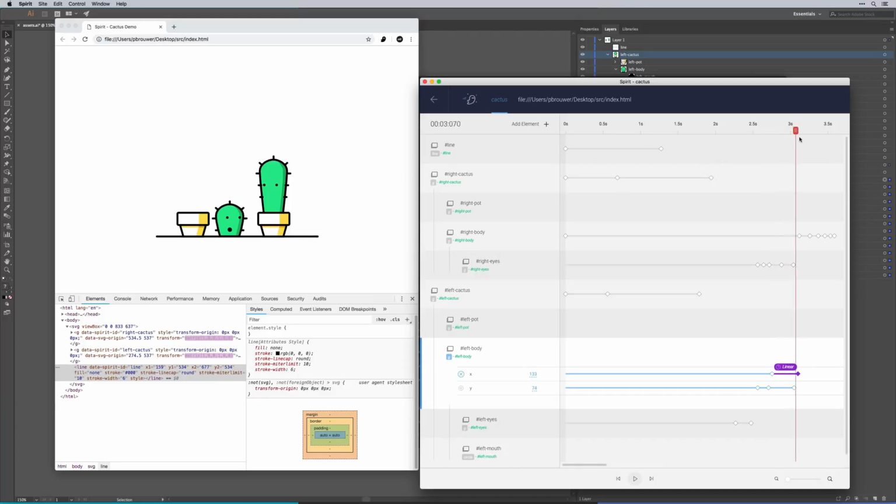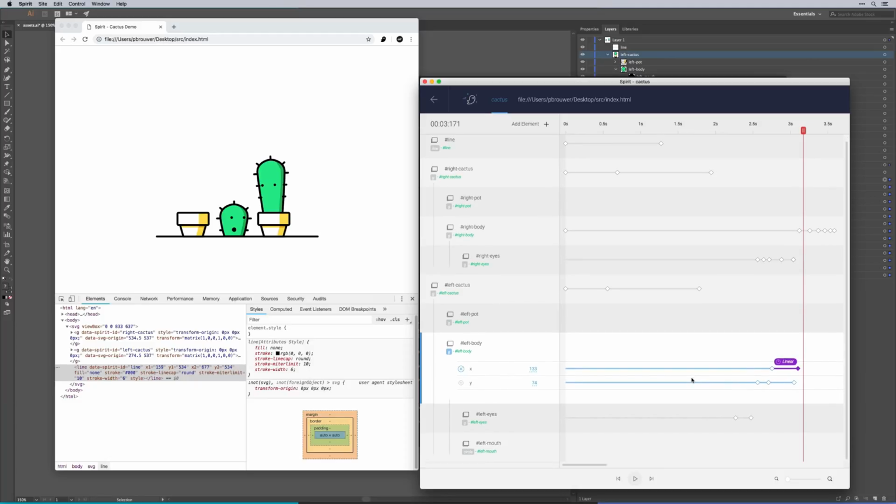There are so many properties to animate, and each element type has its own set of animatable properties. Now we're working with SVG elements. This means that we can also use SVG-specific properties, like drawing a dashed line. We're going to add another element to our animation, and you can do this by clicking on the Add Element button